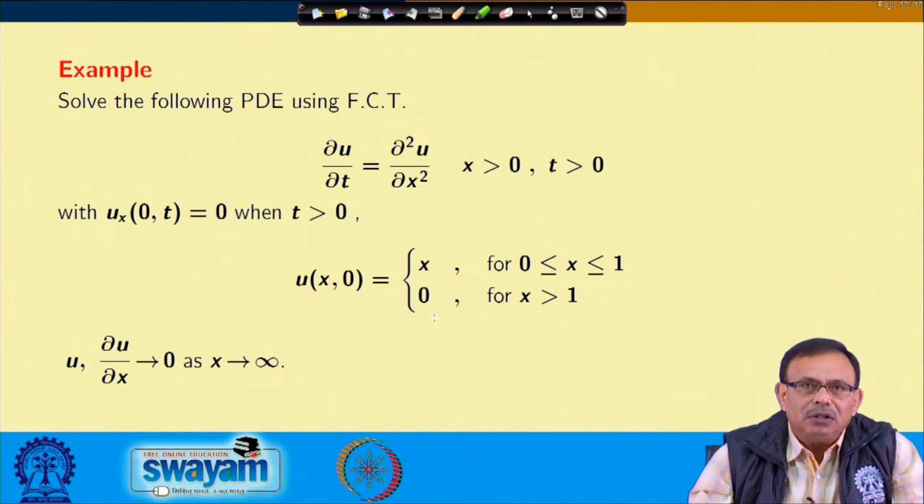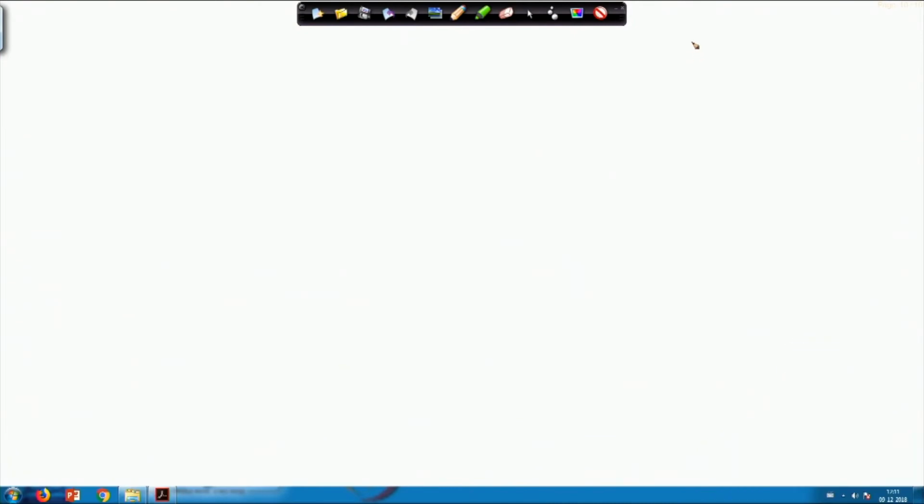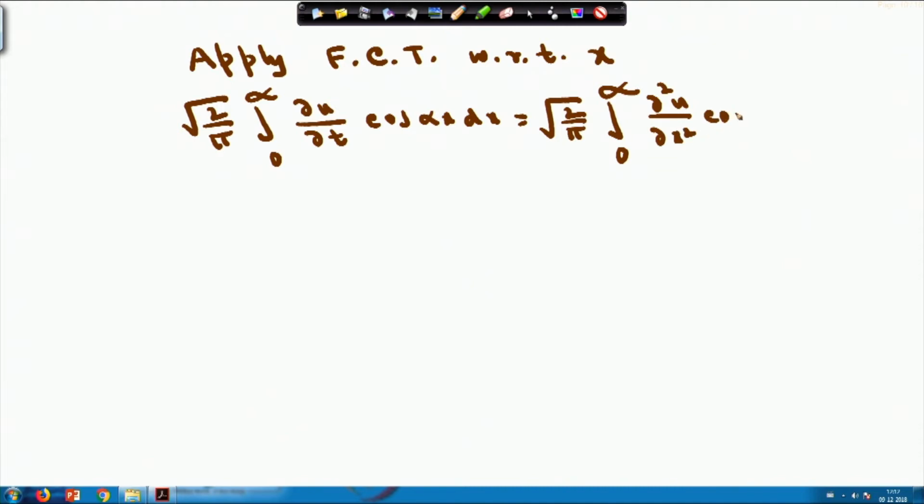Therefore, I have to apply the Fourier cosine transform with respect to the variable x, not with respect to the variable t. So, your equation here again was del u del t equals del 2 u del x square. So, if you apply Fourier cosine transform with respect to x on the given equation, you will obtain root over 2 by pi integral 0 to infinity del u del t into cos of alpha x dx, equals root over 2 by pi integral 0 to infinity del 2 u del x square into cos of alpha x dx, which gives d/dt of